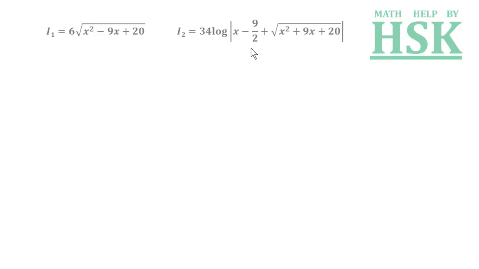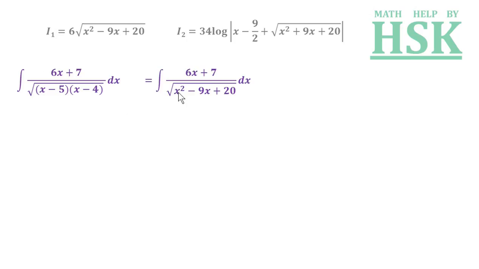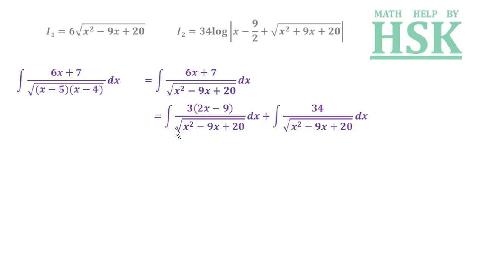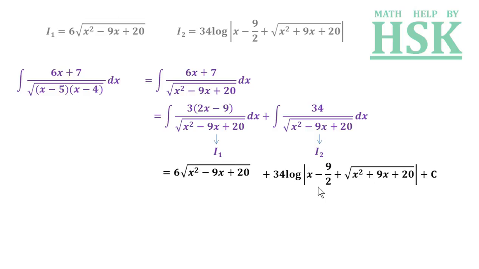Okay, taking the value of I1 and I2, we have started the integration of this function. We have multiplied the term x minus 5 into x minus 4 to obtain x square minus 9x plus 20. We had written as equal to I1 and I2. And on placing the value of I1 and I2, which we have already solved, we get the value of integral